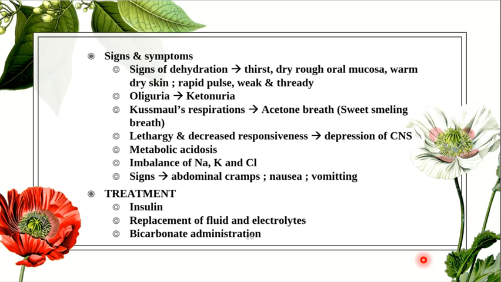There can be lethargy and decreased responsiveness in the patient. Why? Because there is less glucose, which is affecting the central nervous system, causing it to go into depression. There can be metabolic acidosis. There is an imbalance of sodium, potassium and chloride, and the signs can be abdominal cramps, nausea and vomiting. Generally DKA is seen in type 1. Okay, generally type 1 patients have the DKA complication. What is the treatment? Despite the high glucose, you give insulin and bicarbonates, and you also give fluid and electrolytes to keep up the hydration. Okay,